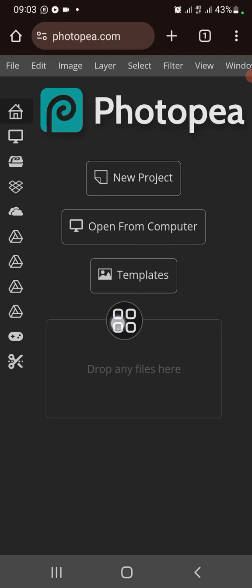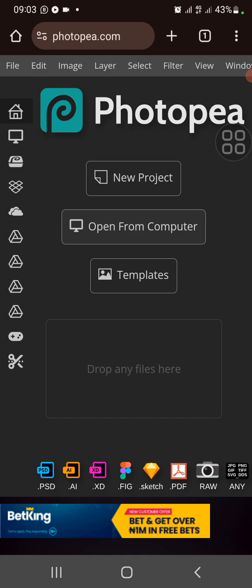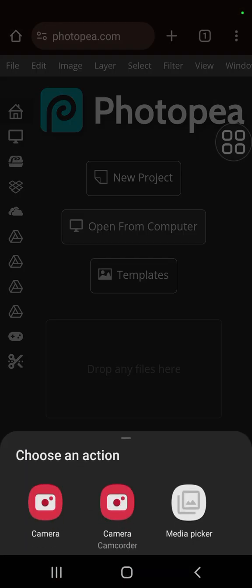So you can either edit their templates, like you might have seen before in one of my videos, but if you don't want to do that, you can always open from your computer. So click on open from your computer, and I will send the file that you are to edit, from your computer or from your phone. I will send it across to